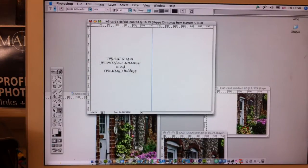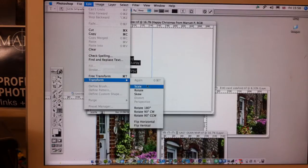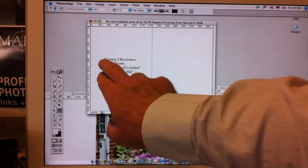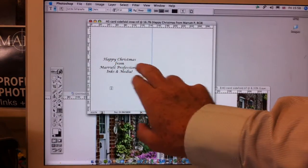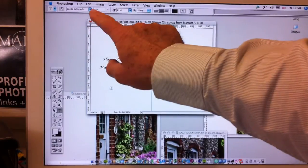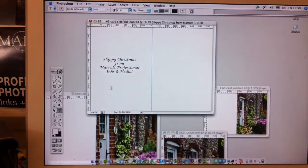We go to the text tool, and this is the bit that's the tricky bit. Let's get it back to the right size. So this is the text we're putting in this case. Now I've used Lucida Calligraphy Italic 24 point, but obviously you can do what you like on that front. I think we all know how to type the message in okay, but the tricky bit is how to get the